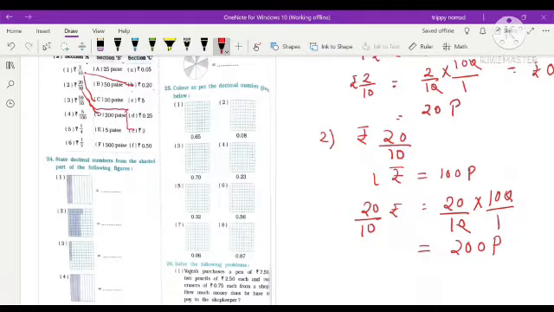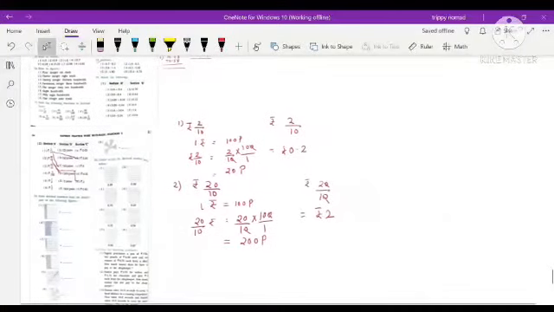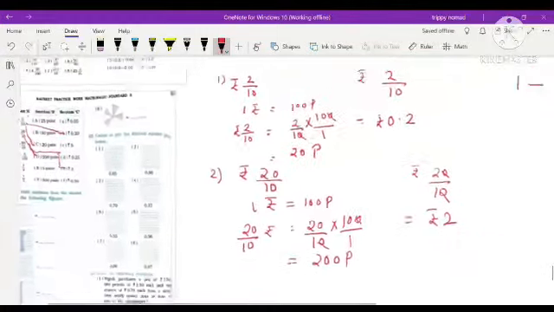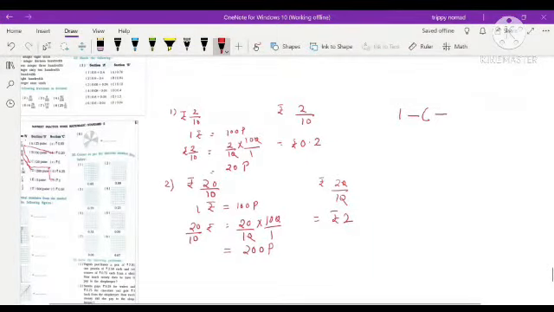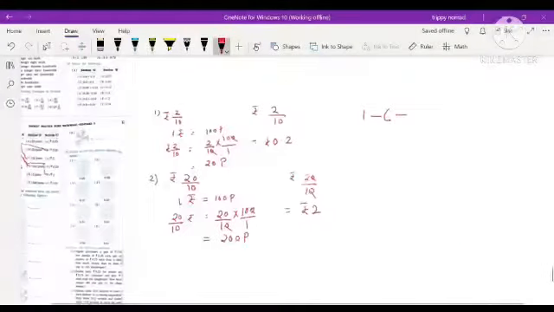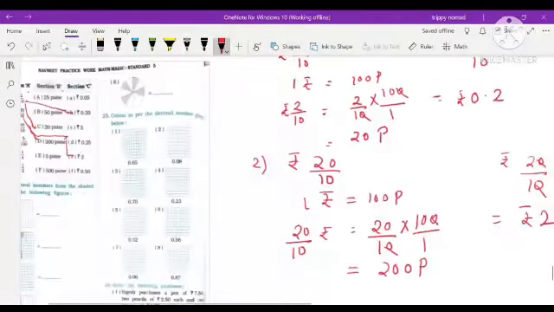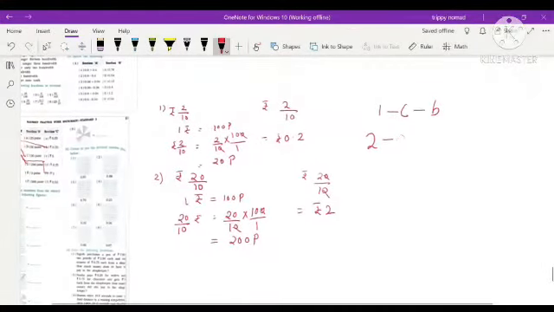Instead of doing it this way, we will prefer to write how to match. I am going to write it for you. One with C, in the third section, C section, that is going to match with B. Same way, question number 2, that sum number 2, is going to match with D and E.